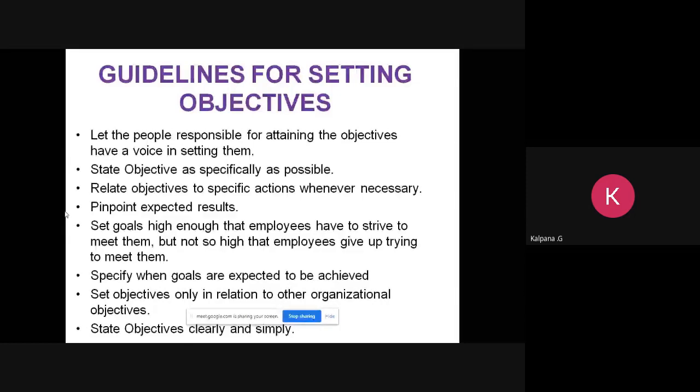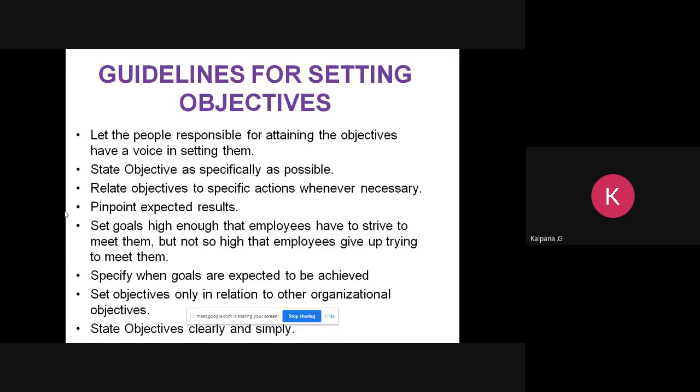Objectives should provide timely feedback so that the necessary corrective action could be taken. That is why we have something called periodic review. And then we have short-term objectives. Short-term objectives should be consistent with the long-term objectives. Obviously, this is what we saw in the types itself. Then an objective should start with the word "to" and it should be followed by an action, which means we are going to follow action verbs. Then an action verb should be there in the objectives.